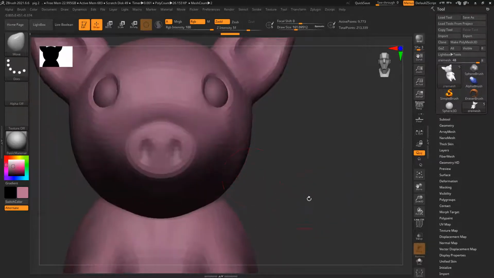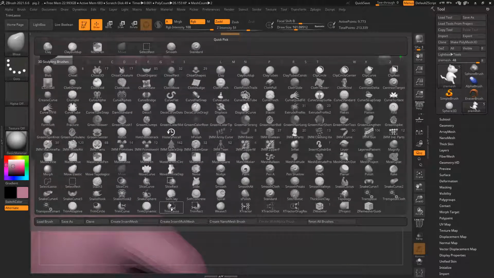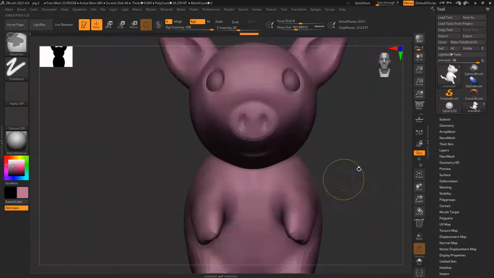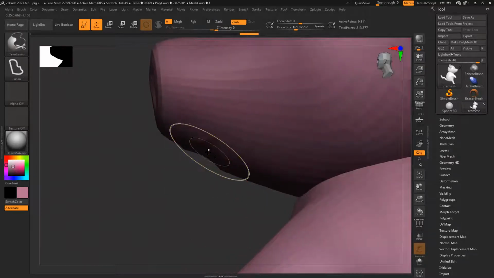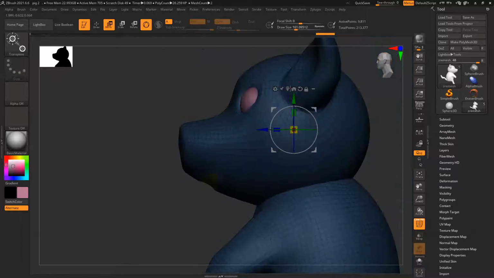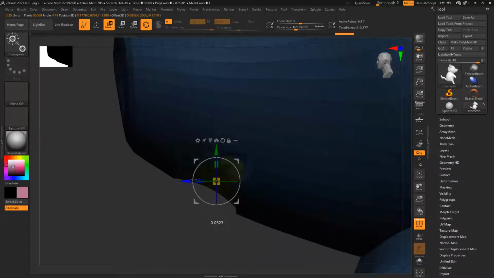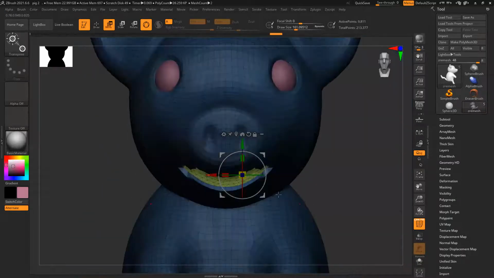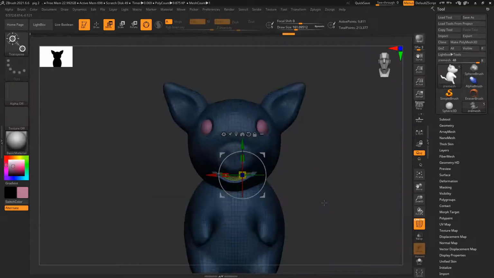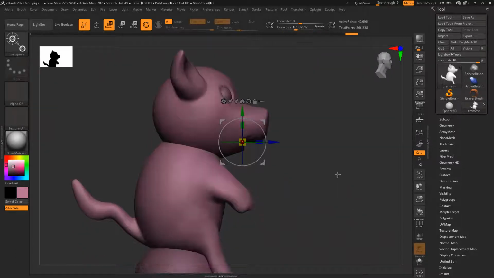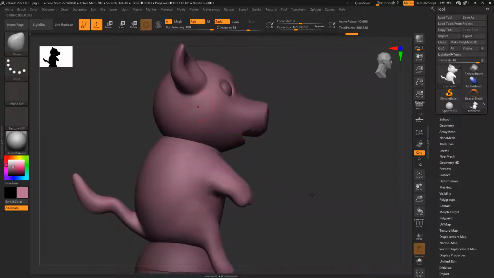So maybe we'll add a little bit of mouth and then smooth it out.